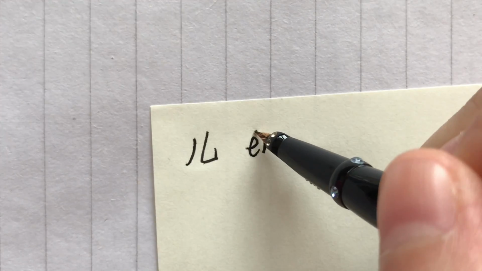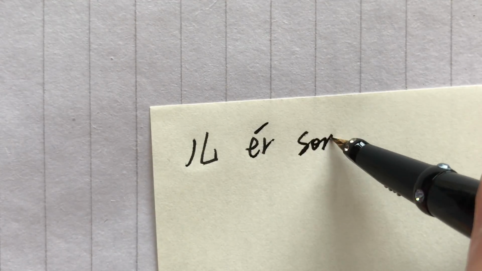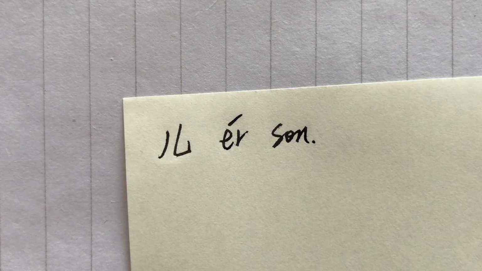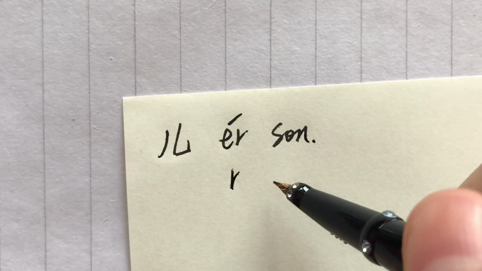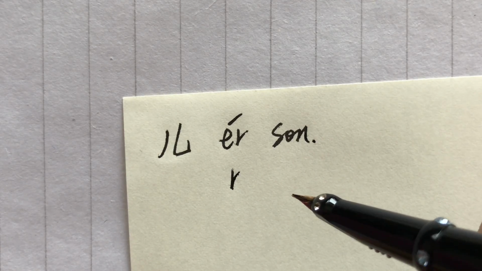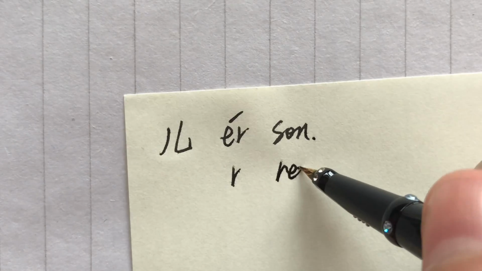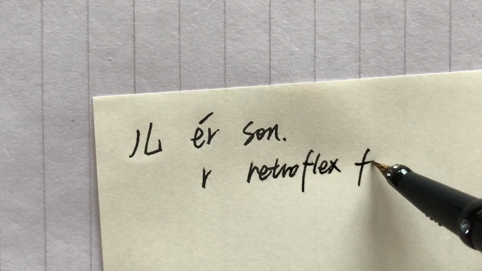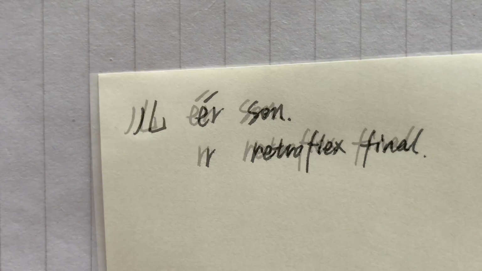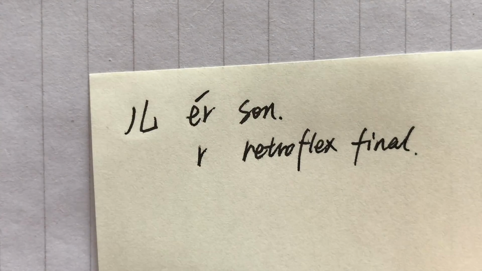儿 means son. Also, in many cases, it can be used as a retroflex final. For example, 这儿, retroflex final. For example, 这儿